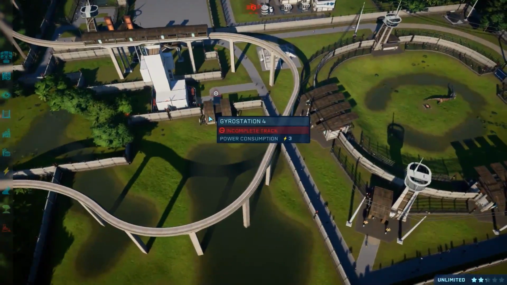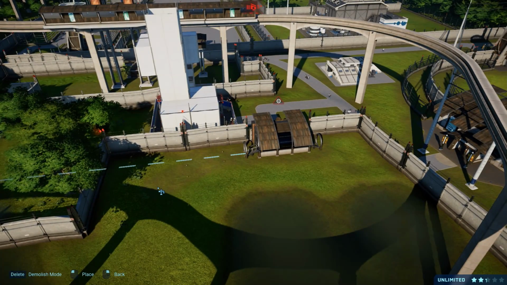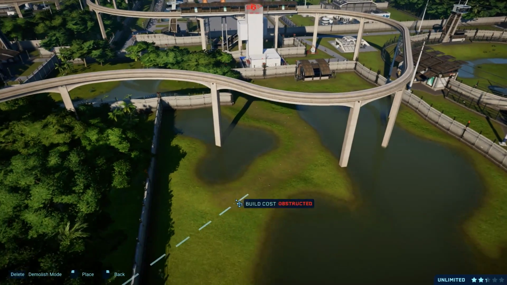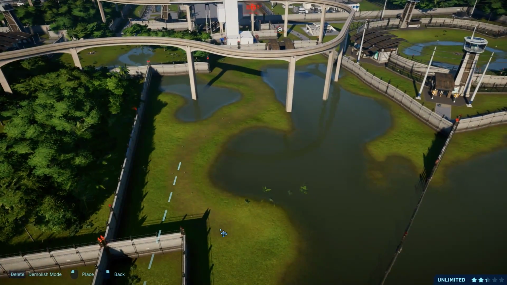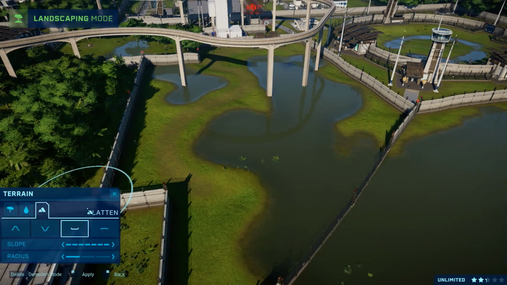Right, gyrosphere. Let's try to get this track. I think this is going to be quite tough. I don't know if it can go over the water is the main problem. So we might have to make like a little route. Can it go over the water? No, it can't go over the water. Okay, so we're going to have to... I really wish...